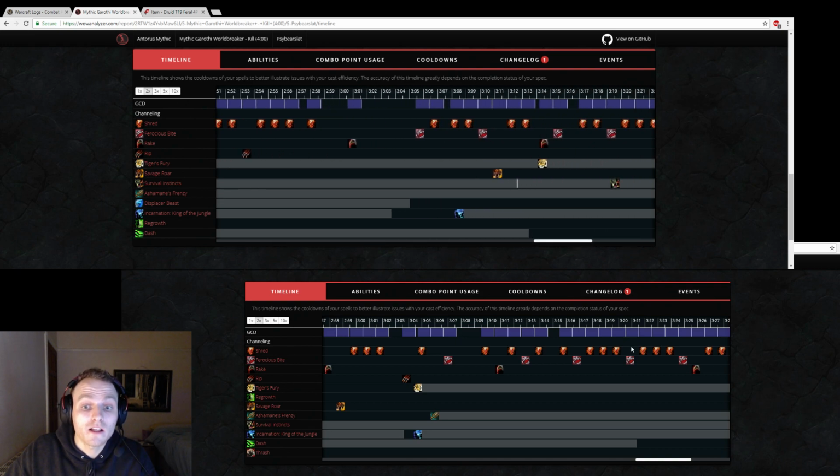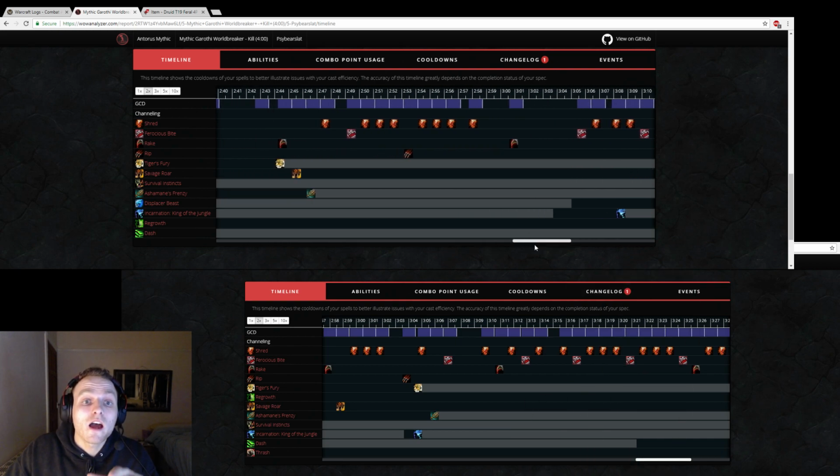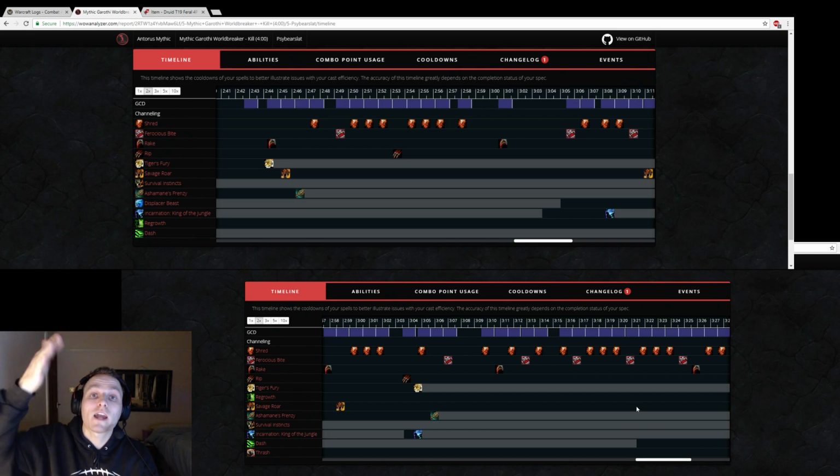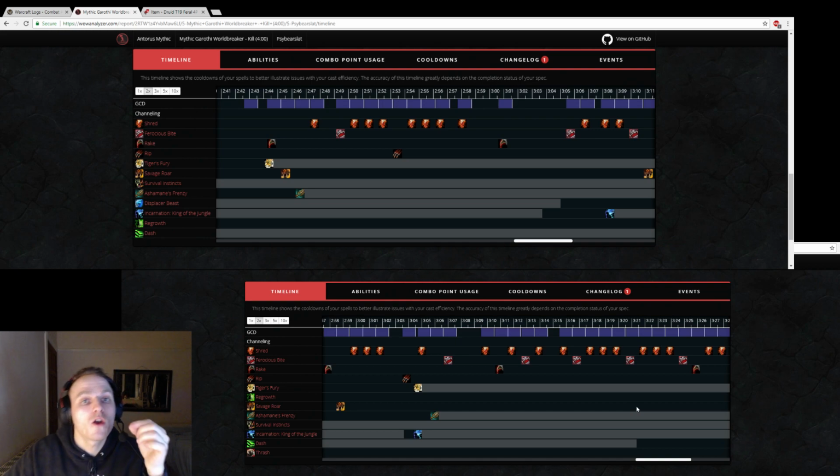a huge damage loss because I cannot squeeze as many shreds in, because I don't have the energy compared to this player who has used Tiger's Fury and Incarnation at the same time with their Ashamane's Frenzy. So they're having this huge multiplicative effect. They're having that huge damage increase to get them over that 5.5 million, that 6 million damage. Whereas I am only sitting cruising on by just biding my time at that 3 million mark, which is just